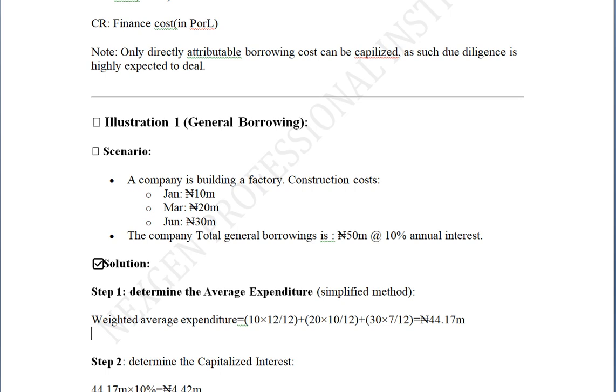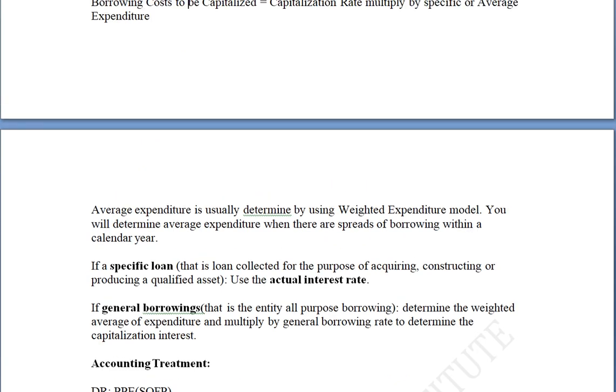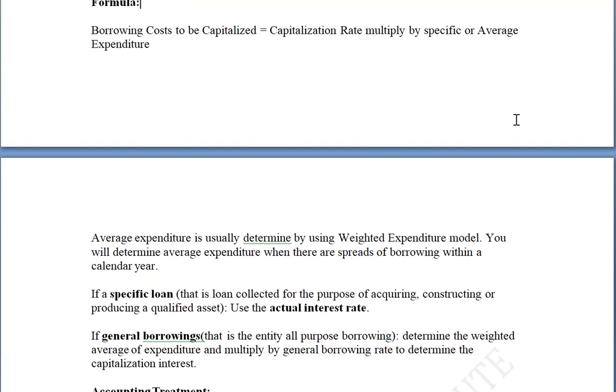Then the second step is to determine the capitalized interest. That is the amount that will be recognized as the borrowing cost. And I told you from the formula, it is the capitalization rate. The capitalization rate can either be the specific rate or the general borrowing rate, multiplied by the principal if it's for specific, or average expenditure if it's a general borrowing rate. Let me put that down. Multiply by specific principal